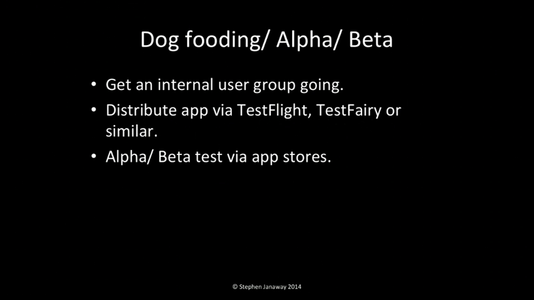One thing you can also do, and we should be doing more in the future, is making more use of our users. So think about dogfooding and alpha and beta programs, because applications are distributed when they're live to a huge number of people. But where you work, you've probably got a fair spread of people on different devices. Get an internal user group going. Distribute pre-release versions to your users, your friends, your colleagues.